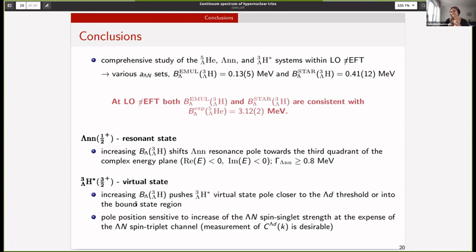Okay. I think this is very interesting because at least it seems that this spin quartet Hypertriton state very likely exists very, very close to the lambda deuteron threshold. So if it's there, it should be clearly seen, at least from my understanding, in these lambda deuteron correlation functions.